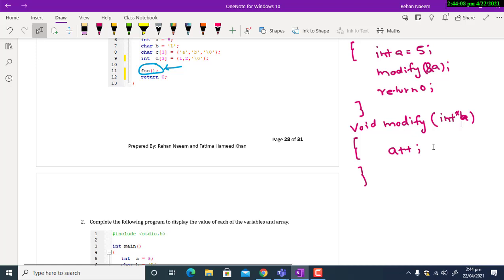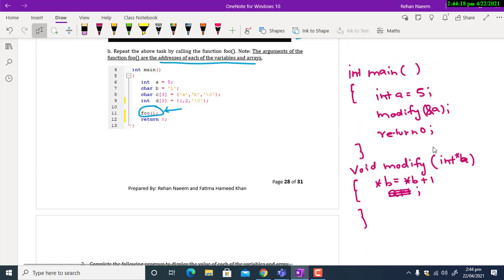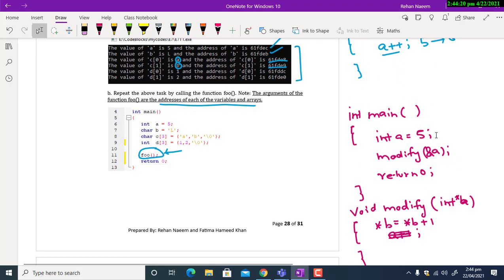So what you can do is write value of b is equal to value of b plus 1. Okay, now what will happen? Address of a will be passed to b. You have created a variable which contains 5 and say its address is 100.